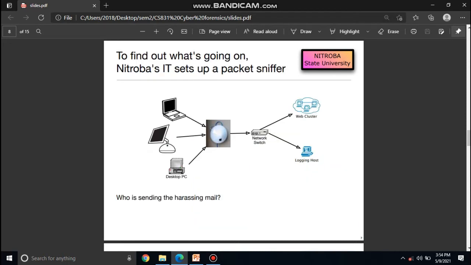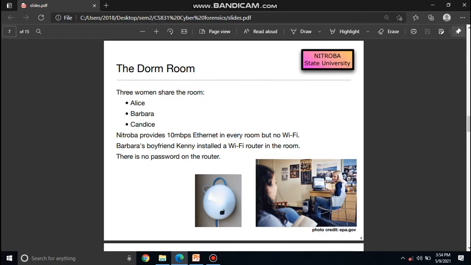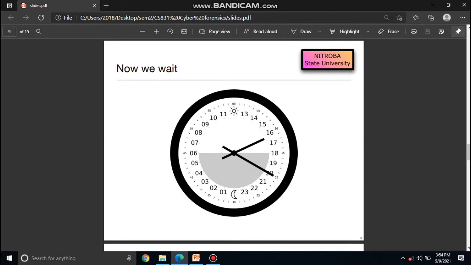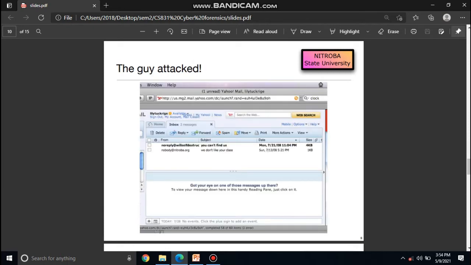Basically, Nitroba provides a 10 Mbps internet connection with no Wi-Fi password, so anyone can connect. All the traffic coming to the router is captured through NetworkMiner, and after that we analyze all the packets and find the student who is doing such malicious activities. So we start our packet capturing with the NetworkMiner tool and wait for some time.